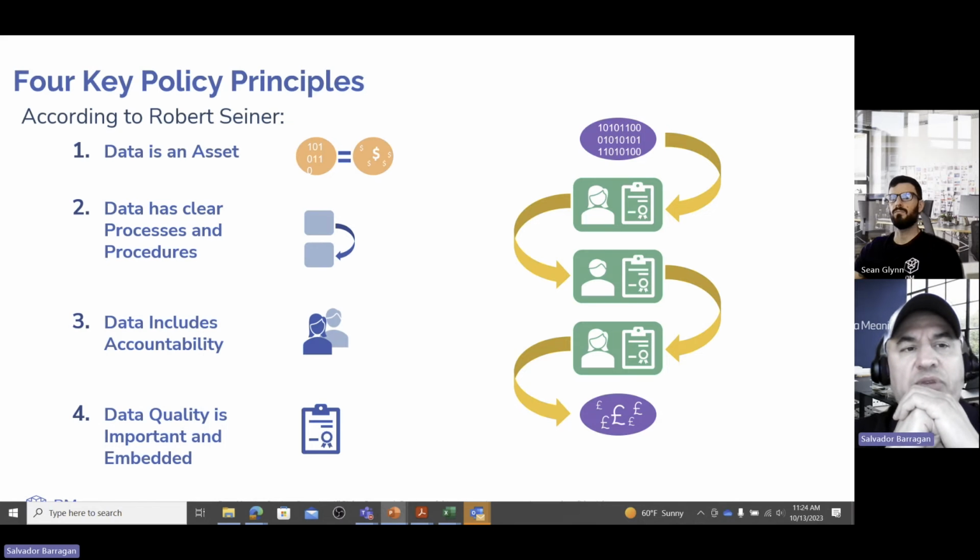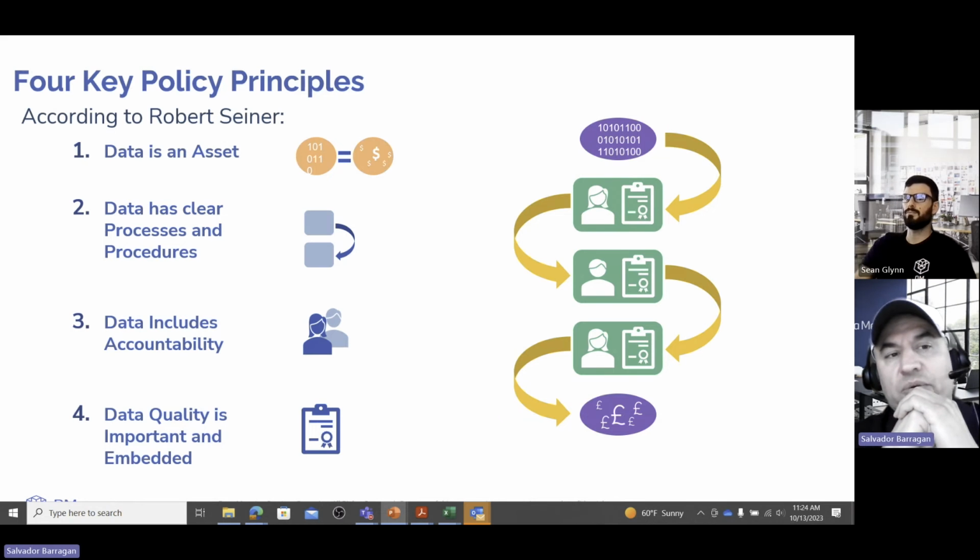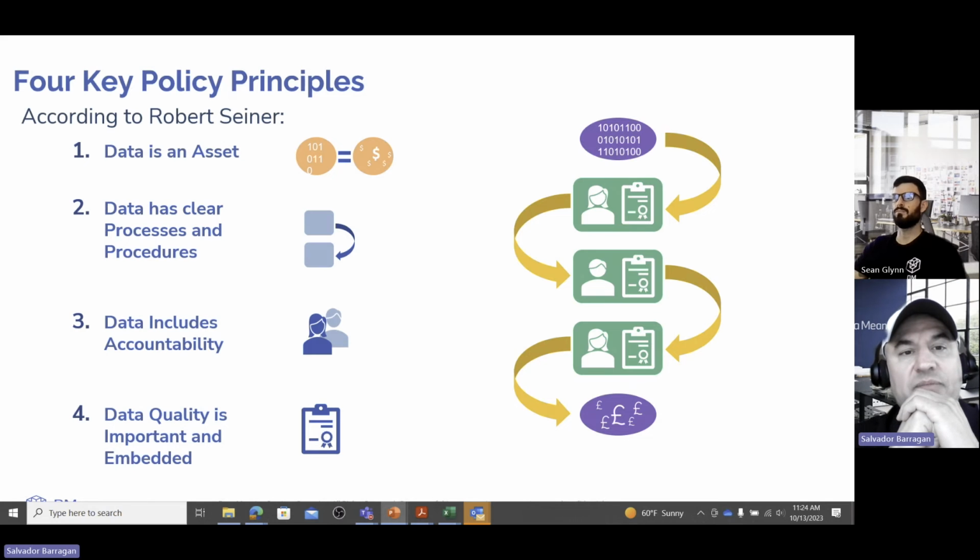So, for some key principles to remember when we're talking about policy, and these come from Robert Seiner, who is a data governance guru. The first one is data as an asset. The second is data as a clear process and procedure. Data includes accountability, and data quality is obviously important, and it should be embedded. So data as an asset is something